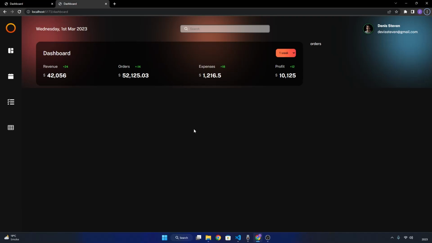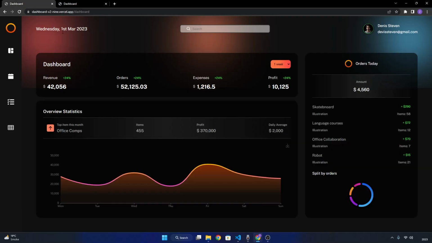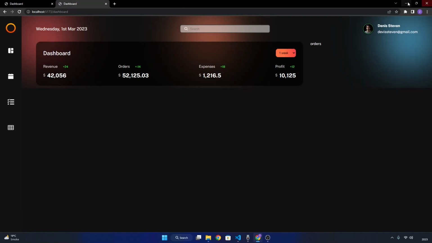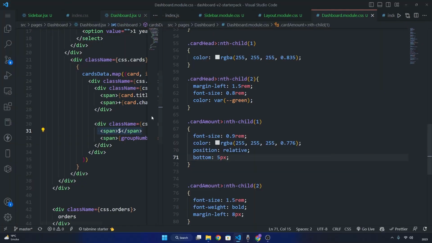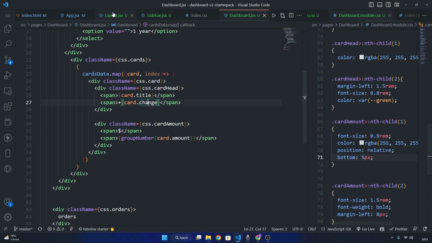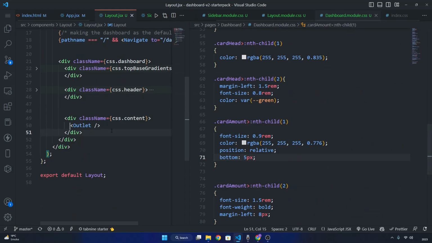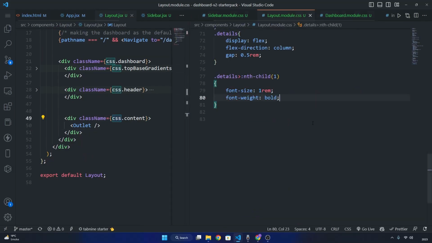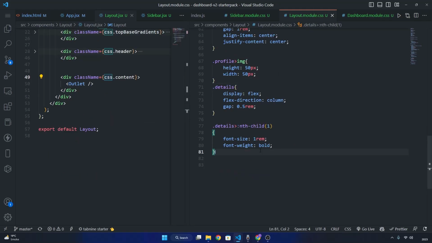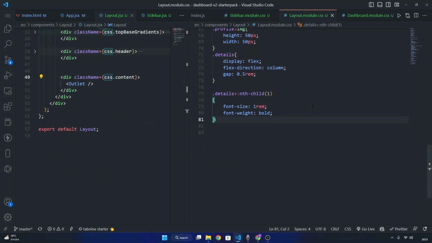But before moving towards the chart, here I am having some disturbance in upper distance between the top bar and this card because in the pre-built version it is having relatively large distance than this one. So let's figure it out why it's happening. First of all, I will go to the layout.jsx. Okay, so here I have the content class, and here in the layout, inside the layout css